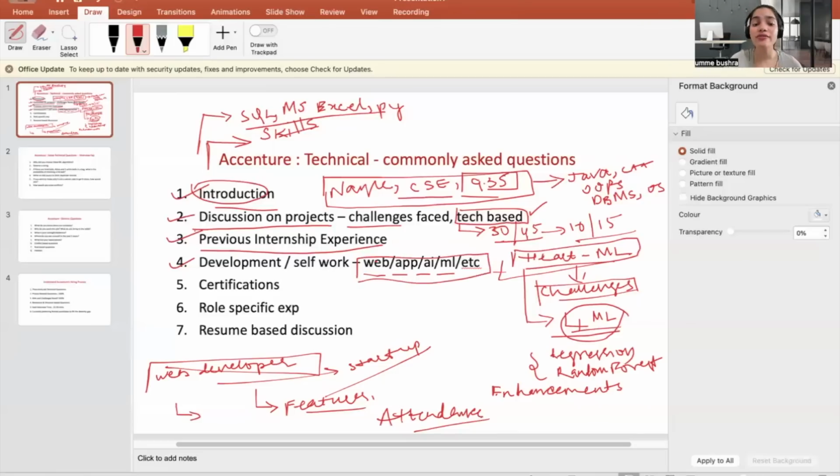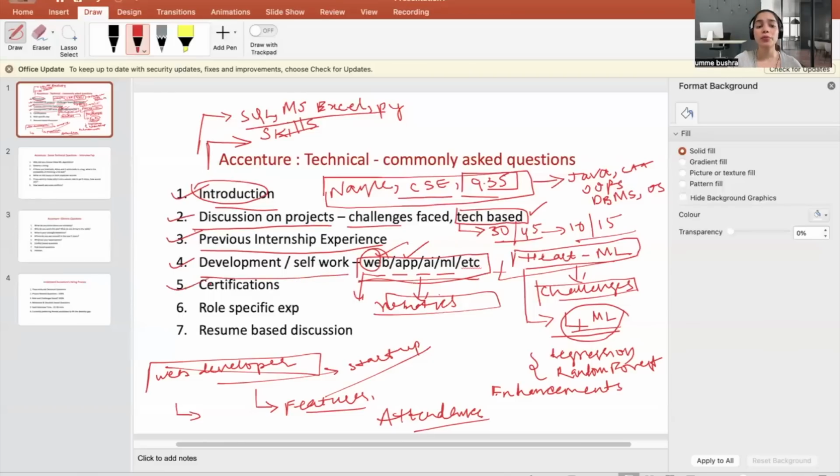If you have worked on the front end part of your project, then you can cover that. If you've done app development, you can cover that. Or if you have tried to build a robotics project, you can cover that. Whatever you have worked on, you can cover in this section. You can talk about how you have learned, what skills you have learned. For example, in web development, I have learned HTML, CSS, and JavaScript, how I use them in the project, how it has helped me, how much experience I have, and how I rate myself. You can talk about all of these in the development or self-work section.